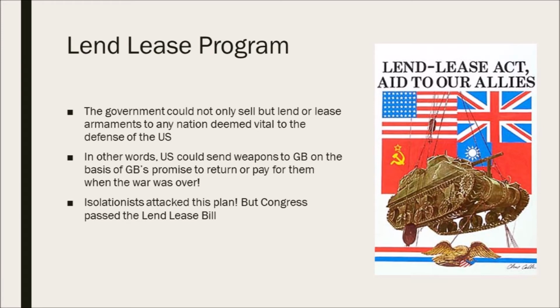And okay. So, second bullet point, in other words, we can send weapons to Great Britain, and all they have to do is promise to return them or pay for them when the war is over. Wow, that's quite a jump, right? From neutrality. So the isolationists, the people who, again, are totally against the war, especially a war from European causes, okay, sending people over to Europe to die, they're going to stand firm. They're going to say, look, no, we can't allow this to pass.